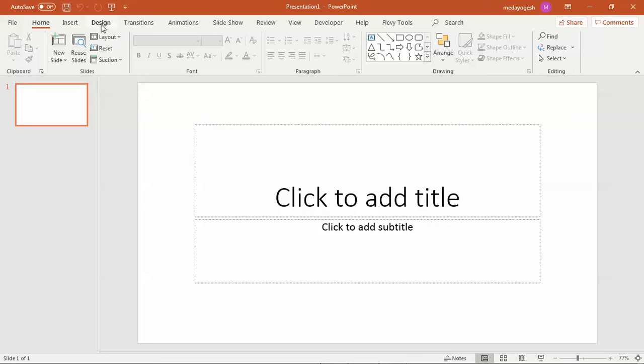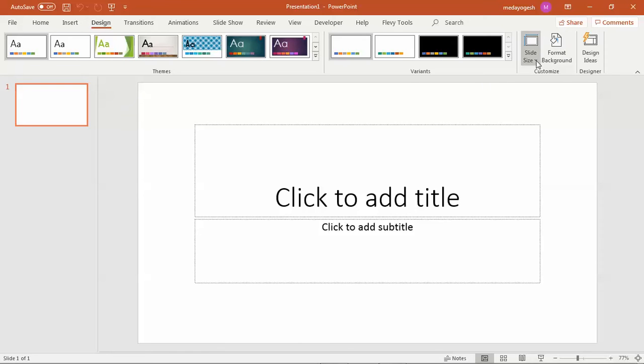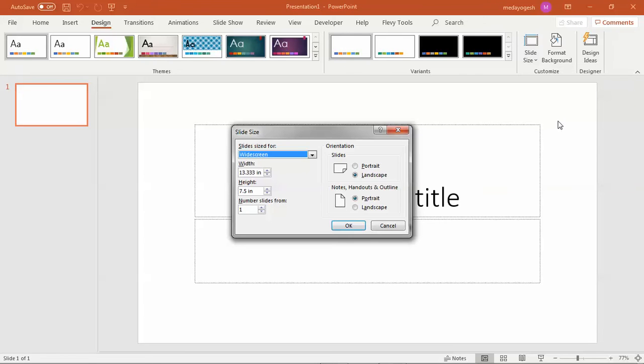So I will just go to Design. In Design, you have the option Slide Size. Click on Slide Size, go to Custom Slide Size. Here we have the options to enter the values. Amazon asks the width to be 49.47 centimeter, and the height is